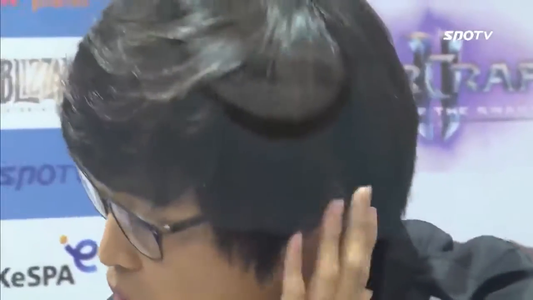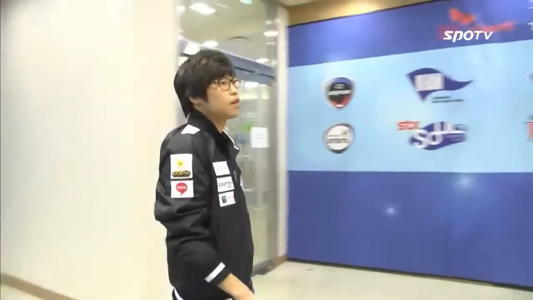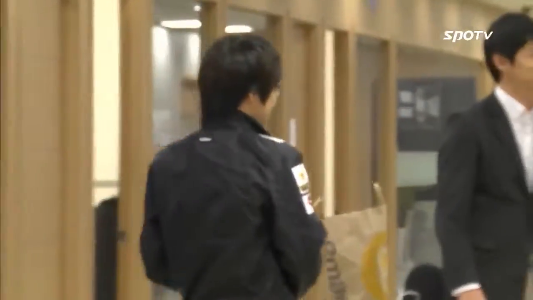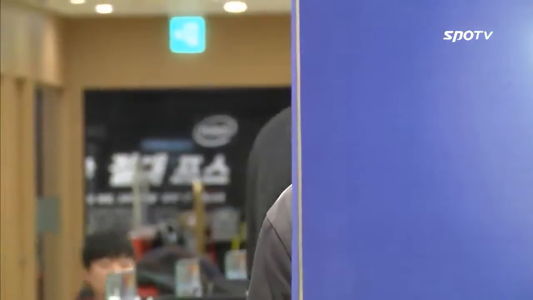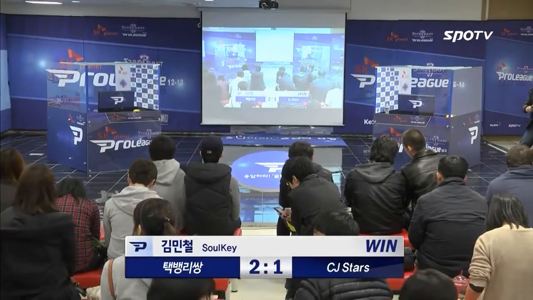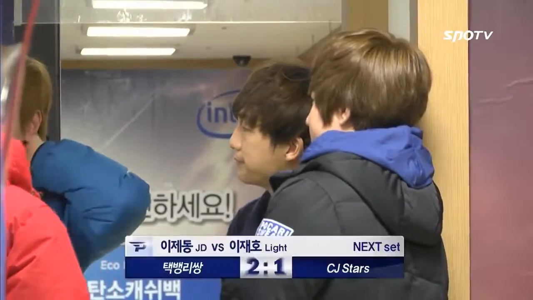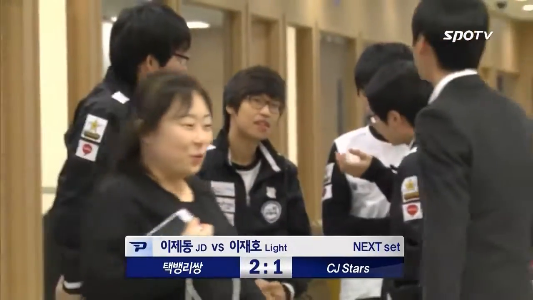So Soulkey taking a decisive victory on Star Station, and now putting CJ Stars on board with a score of 2-1. Technically, Sang still leading the series, but Soulkey can now play in the Winners League format in sets 5, 6, and 7. All right, so if Light is able to beat Jaedong in the next match, because Jaedong and Light, of course, are the only 2 players left, so they will be sent out. Then each team will have 2 players to send out for the Winners League style format. If Taekbang Lee's Song does manage